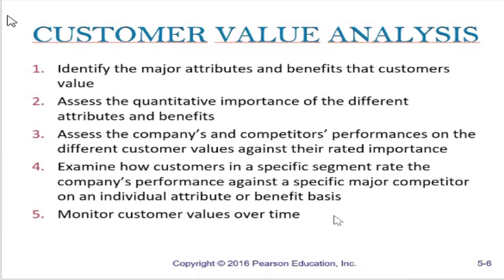The second thing is something called value for money, in terms of how economic it is. How many kilometers does it give to a liter? So what exactly is the mileage? That could be the second attribute. The third attribute is how much space it takes. Fourth could be what is the cost of the spare parts? So these are some of the attributes that the customer values when it comes to deciding the